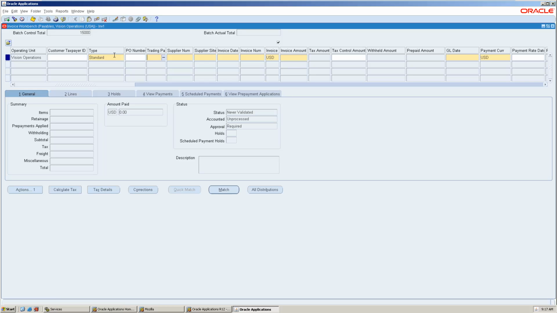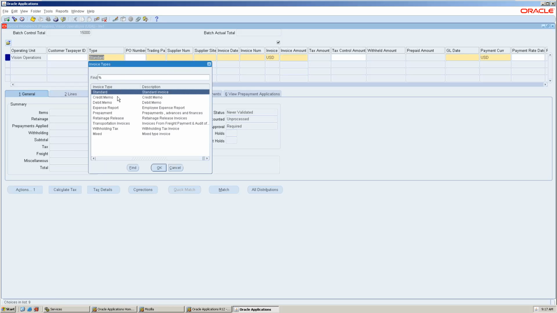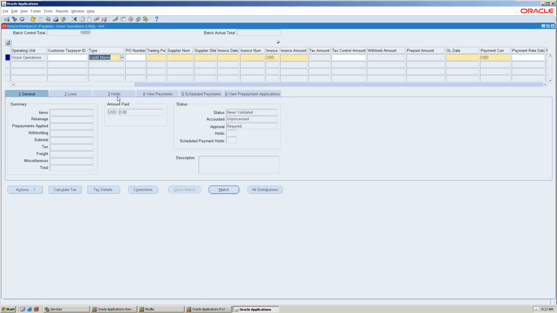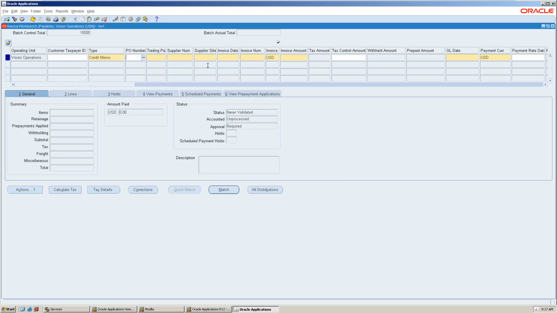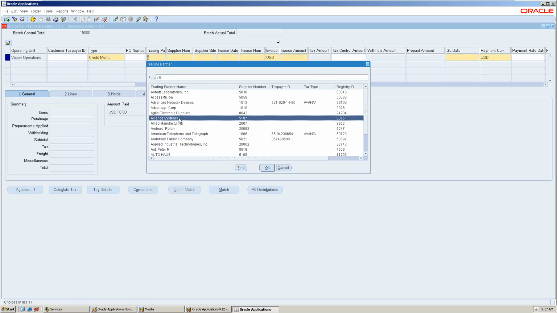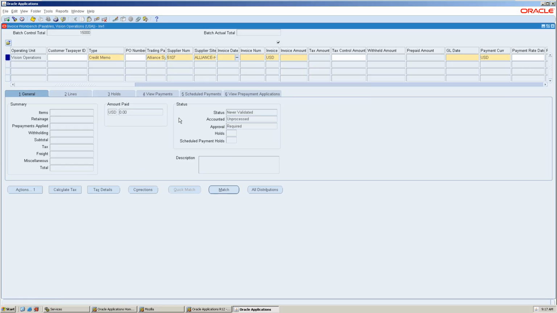Everyone can see, right? Yeah, we can see. Okay. So I made a standard invoice. Now I'll do a credit memo. So credit memo should be immediate. That's what a pop-up shows.